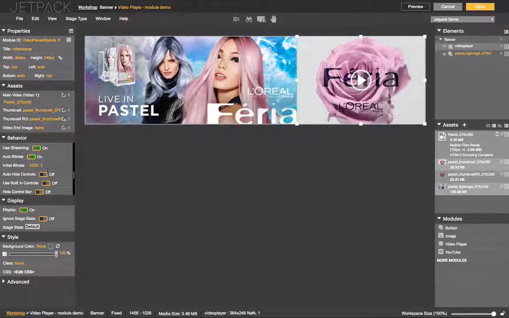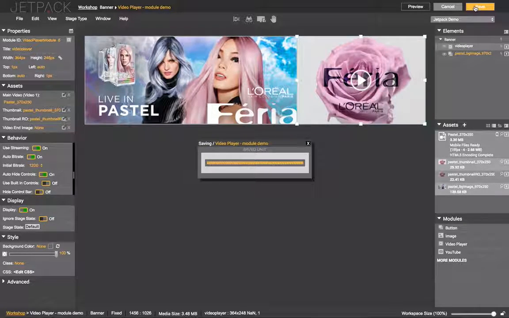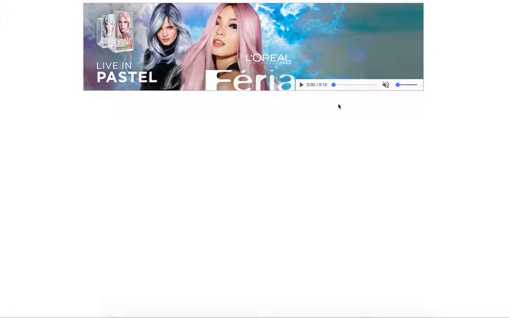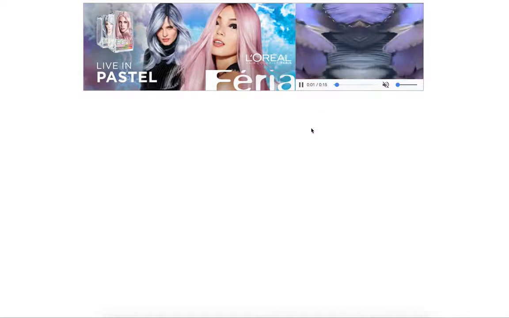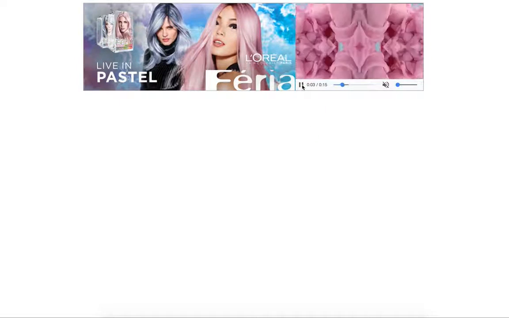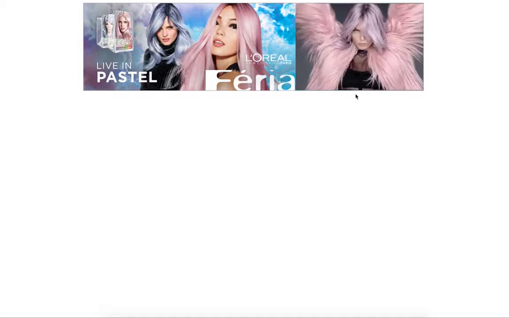Now there's other settings. Auto hide controls, what that will do is hide the controls until you mouse over the unit. So I'm going to save the unit and hit Command O to open in a new window, and you'll see the video start to play with the player controls right here on the screen. At the end of the video,